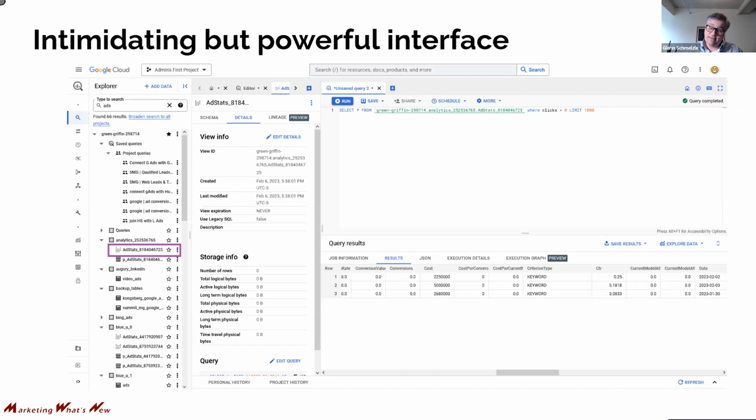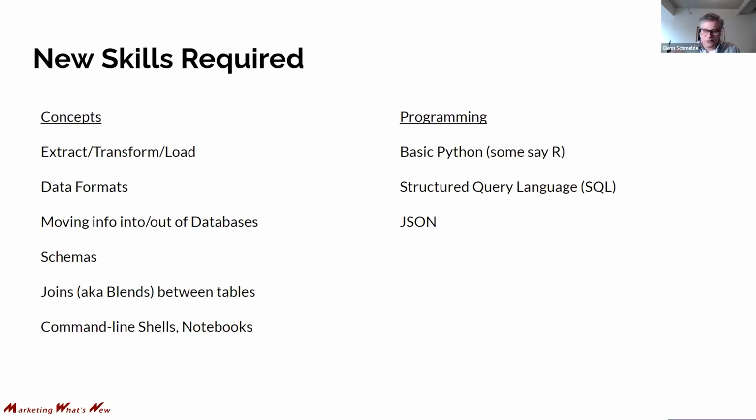Okay. As I said, perhaps underwhelming, because that's not the most likely way we're going to use this as marketers. If there's a database administrator listening, this is where they're going to stay happy. But I really want us to focus on the power that becomes possible once we say, I can pull any information out from any data source which can answer my business questions. We do have to reckon with the fact that there are probably some new concepts and new perhaps programming skills that we may need on our team, or we need to outsource, or we need to teach ourselves. So just present those there.